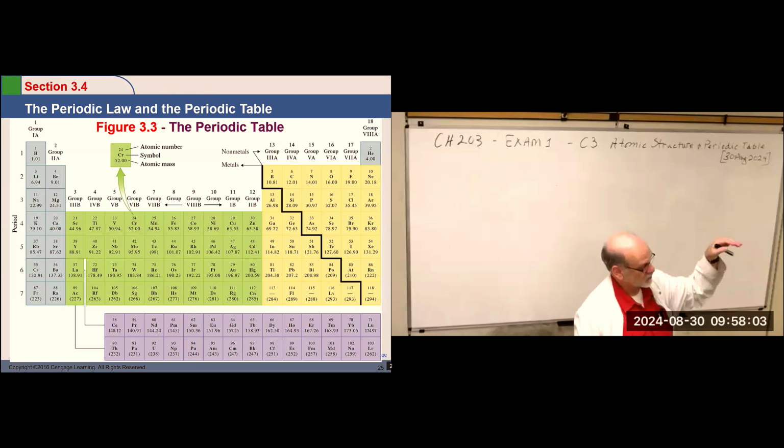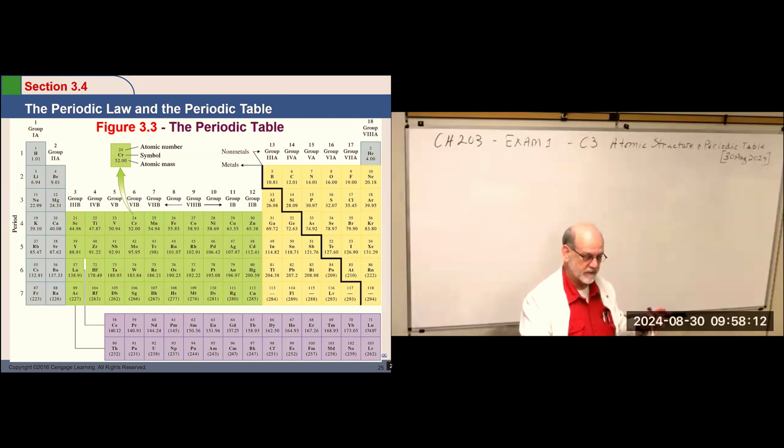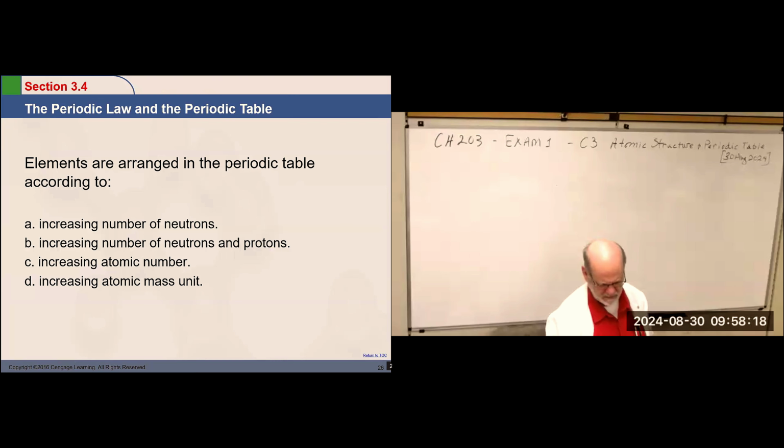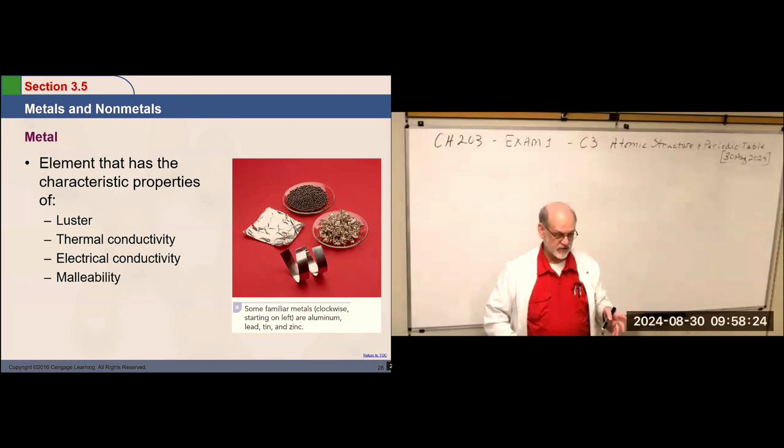So it goes between boron, aluminum, and then aluminum and silicon, and then silicon and germanium, and then germanium and arsenic. And everything on the right is non-metals. Everything on the left is metals. Right? So what are characteristics of metals? Let's see, do I have a slide on that? Yeah, metals. When they're polished, they have a luster.